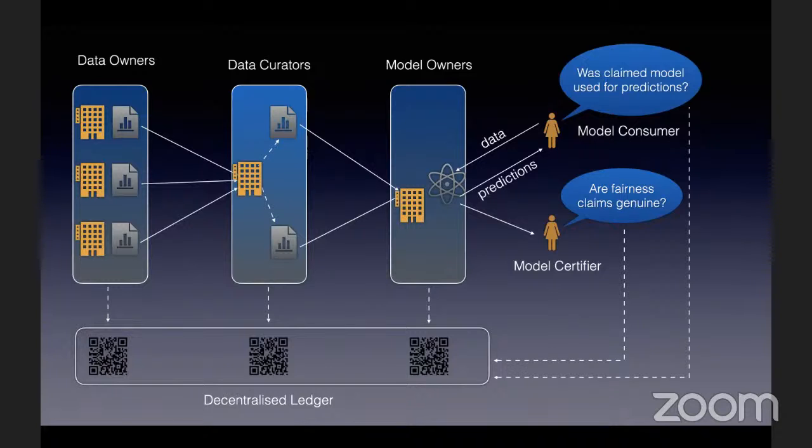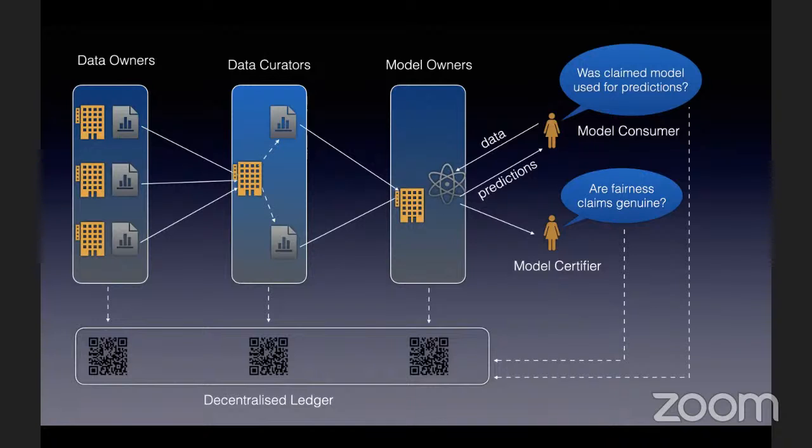So this is the problem that we are trying to address. We are trying to add more trust or verifiability to this AI pipeline, where the end consumer can verify such consistency, like the same model has been used, like it's not discriminating against me, or a certifier, for example, some certifier can even check whether the model is fair, let's say in processing loans of male applicants or female applicants or stuff like that.